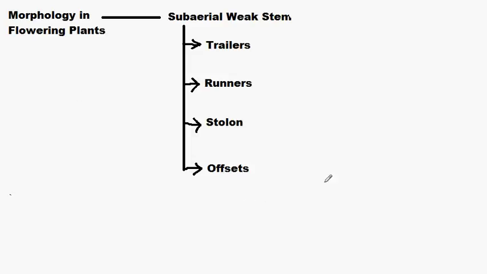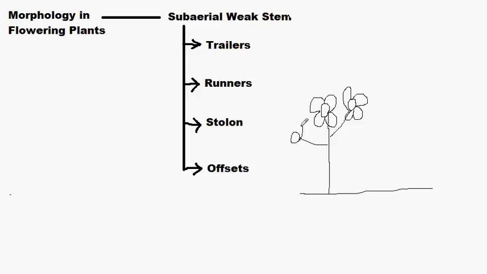Okay, now what happens in the stolon is, if this is the ground, we will see a plant has grown from here. This is a flowering plant, morphology in flowering plant, so flowers will obviously be present. Okay, the above branches will also be stems which are not weak stems. Okay, so let me draw some branches over there, and with flowers, some leaves. Okay,